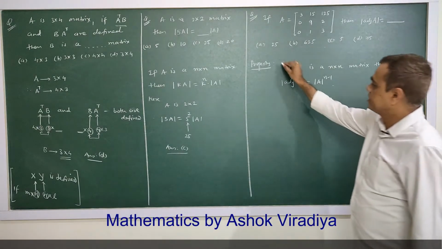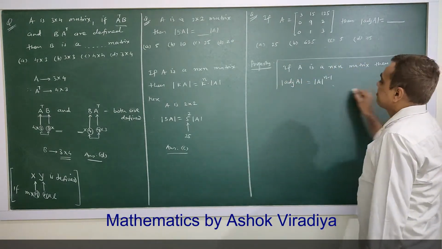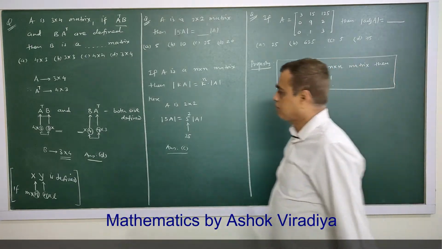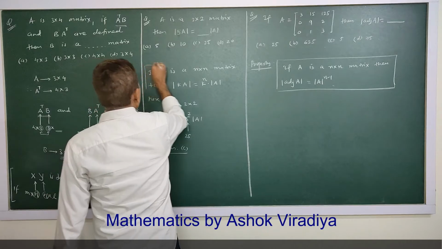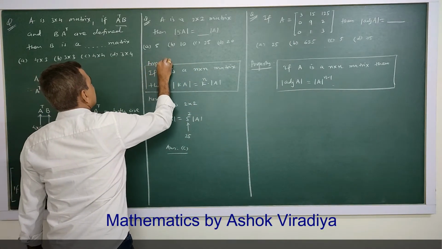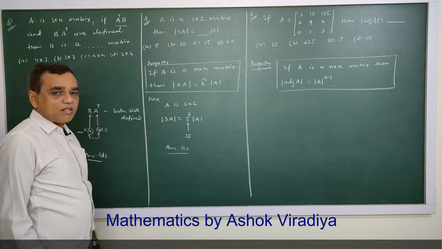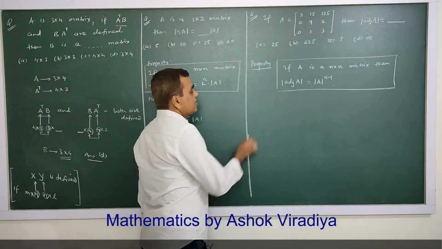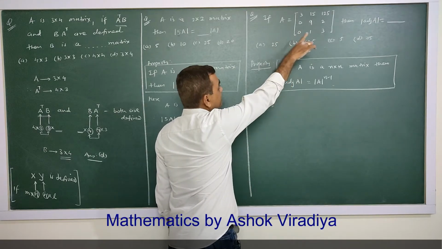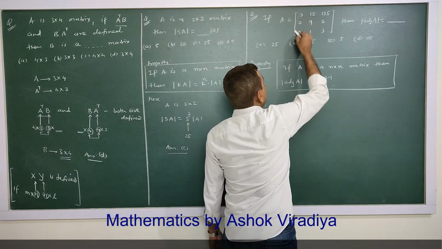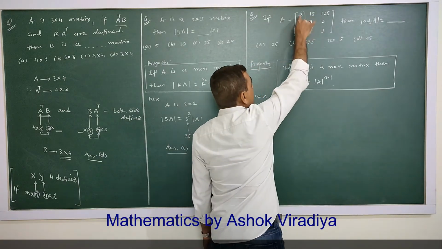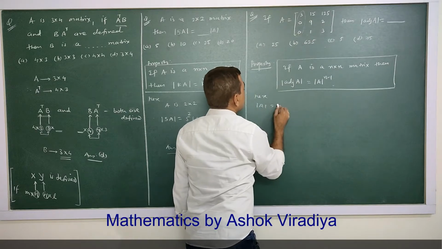So this is also an important property. Many times MCQs are asked based on this property. So these properties are important. Now here, say determinant A. If we find the determinant of A, say in the first column here we have 2 0. So expanding using the first column, the determinant of A is 3 into